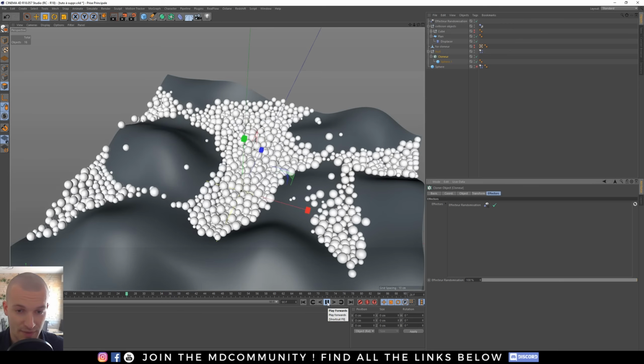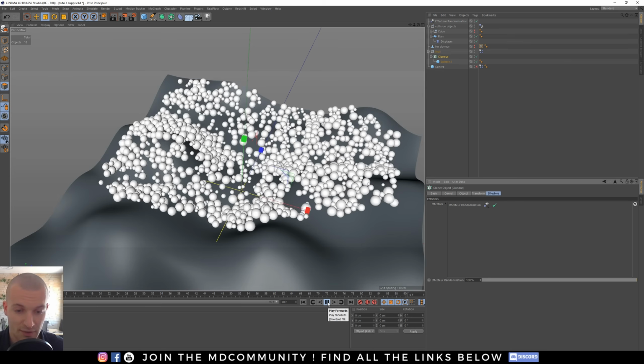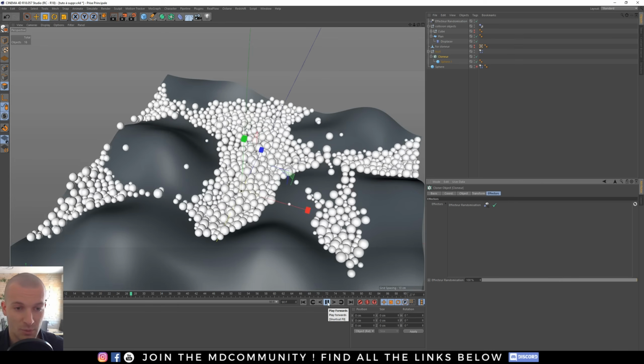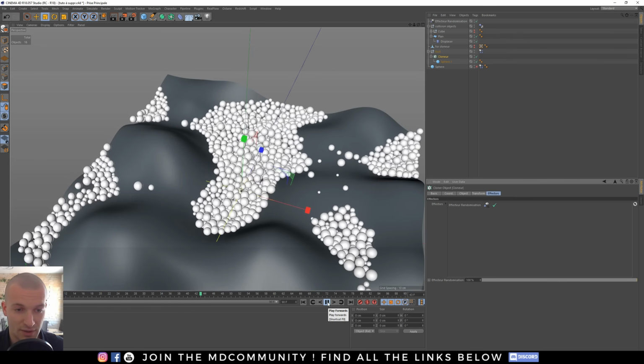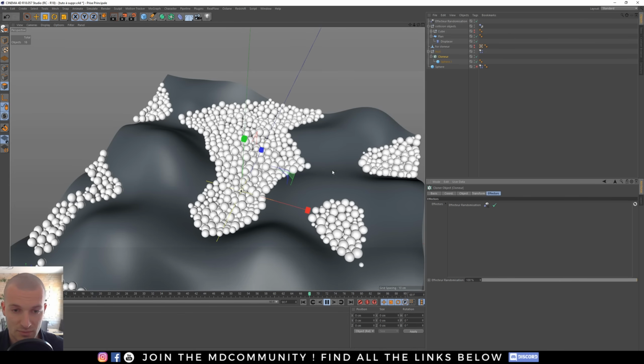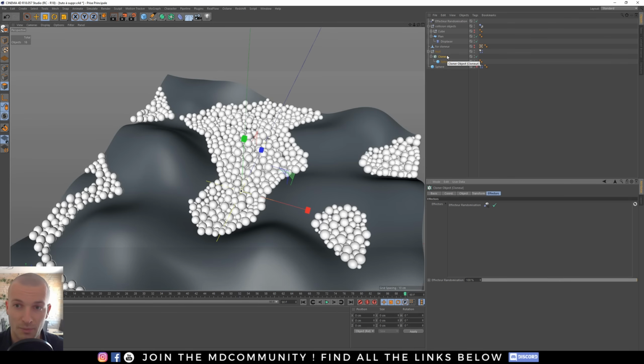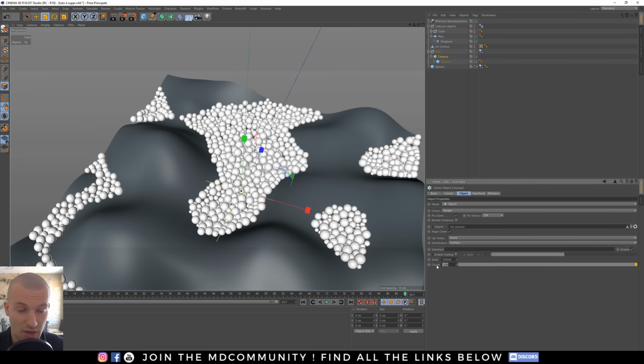Boom. Nice. Now I don't want to wait 10 frames each time, I need an initial state. So I play and I will wait until my spheres are not moving. Okay, I think it's okay. Wait a little bit. Perfect. Now you have to choose the right count of spheres.